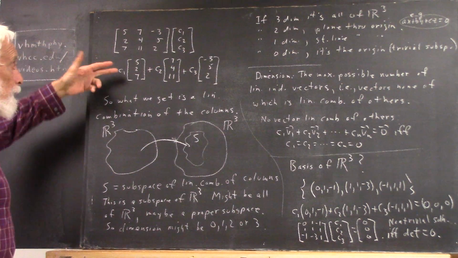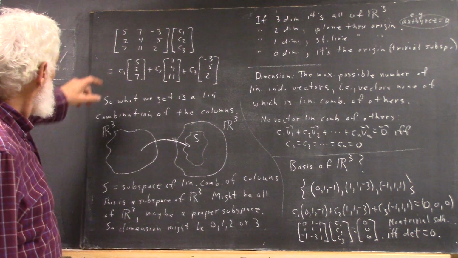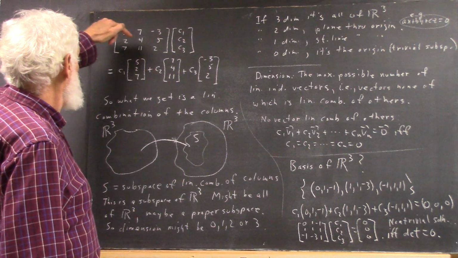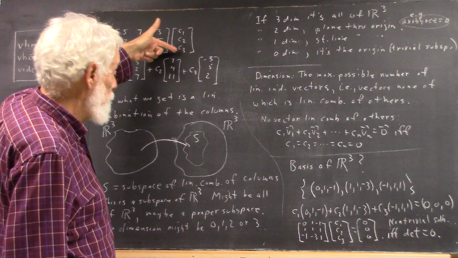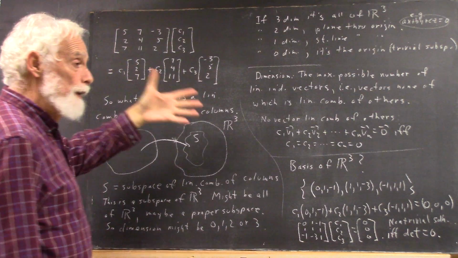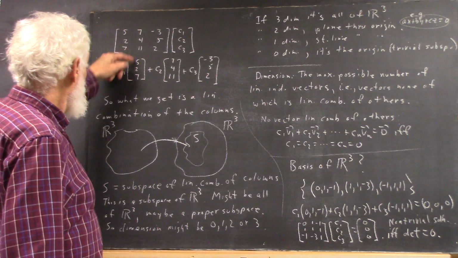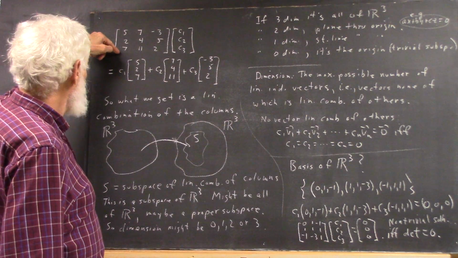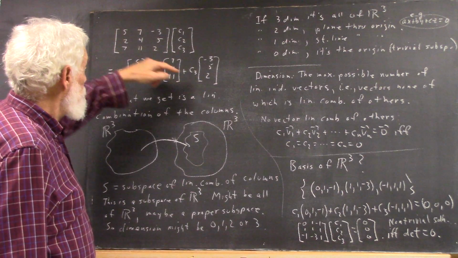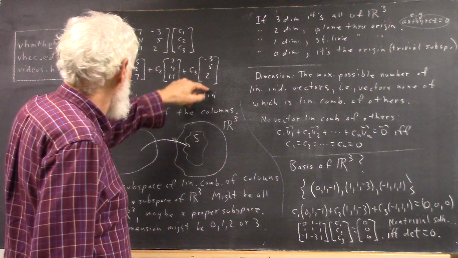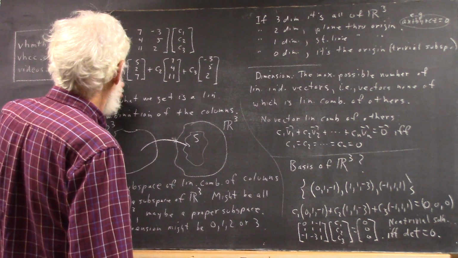We should be familiar with this, but I want to mention it just in case: if we multiply a 3 by 3 matrix by the column vector C1, C2, C3, what we get can be written as C1 multiplied by the first column, 5, 2, 7, plus C2 multiplied by the second column, plus C3 multiplied by the third column. And it's clear that that's going to be the case because, when we then add